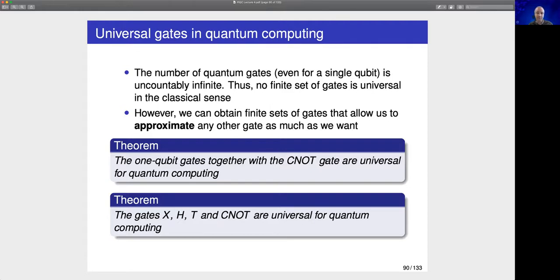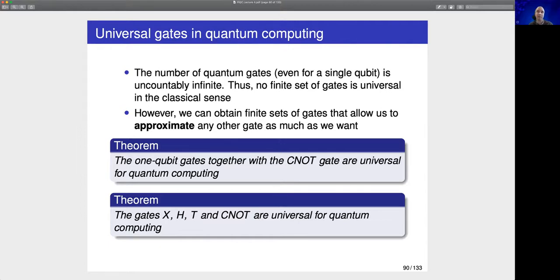We need to clarify something here, especially for the mathematicians in the audience, because of course it's easy to see that the number of unitary transformations that you can conduct on a system of n qubits, for general n, is non-numerable. Okay, so this is a cardinality of the same size as the real numbers. So if we try to generate all these possible transformations with a finite set, this is impossible, because with a finite set, at most we can obtain an infinite numerable